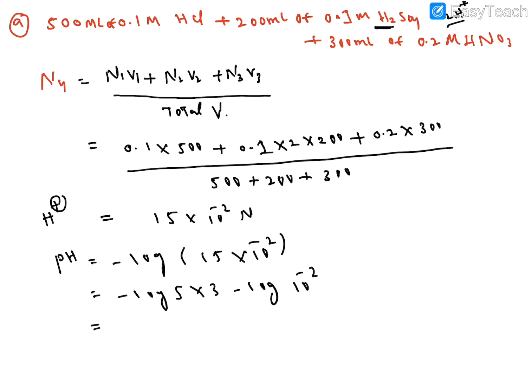This is a log, we write here log 5, that is 0.7, minus 0.48, minus, sorry, the minus 2 coming here, that is minus into minus, plus 2, and what will we get here? The pH is equal to 0.82. So this is a mixture of acids we are